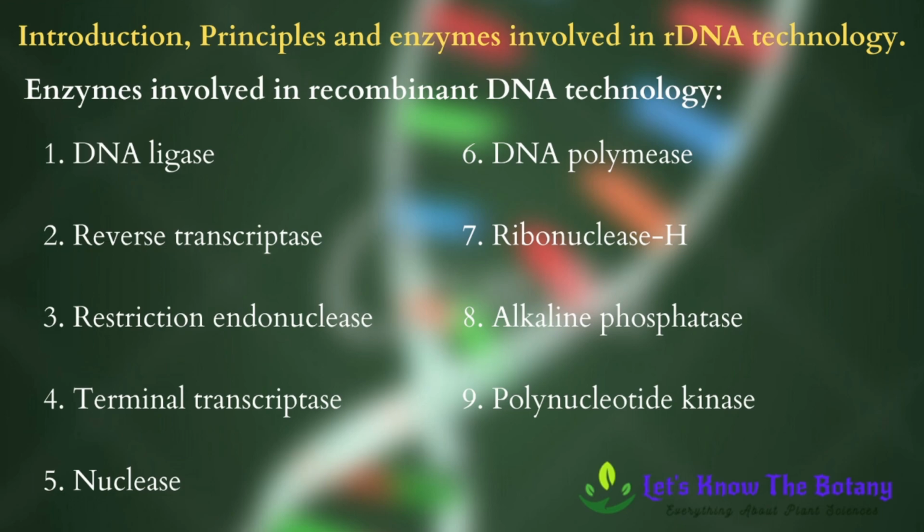The another enzyme is DNA polymerase, which is a complex enzyme that synthesizes nucleotides complementary to the template strand. It adds nucleotides to the free 3-OH end and helps in elongation of the strand. It also helps to fill gaps in double-stranded DNA. DNA polymerase 1 isolated from Escherichia coli is commonly used in gene cloning.